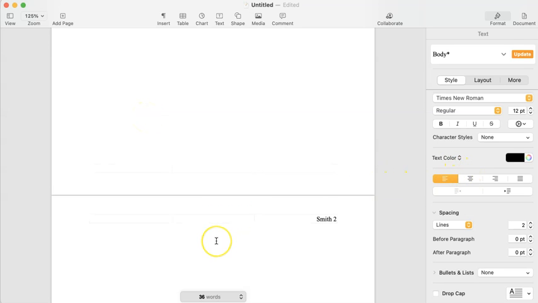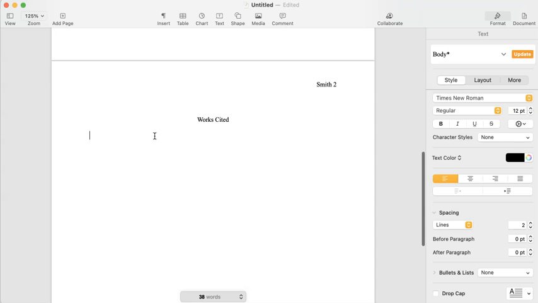So, the title of your Works Cited page is Works Cited. So just like any title, you hit center, type in Works Cited. Okay. I'm going to hit enter once. We're still double spaced, so we're good to go. Hit align left, and then I'm going to start typing in the